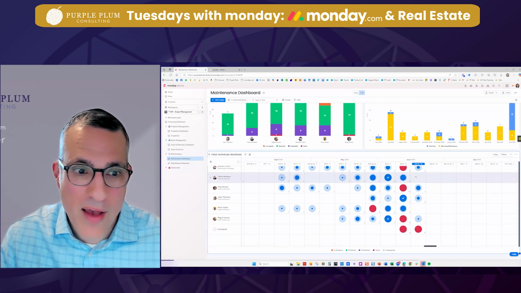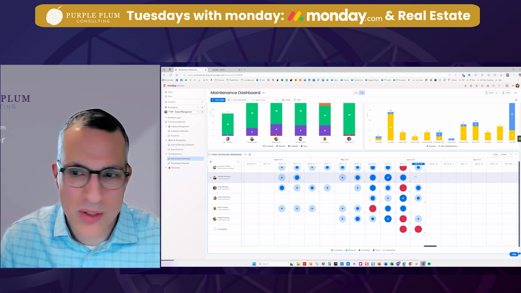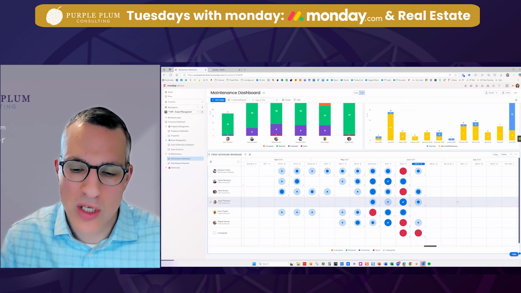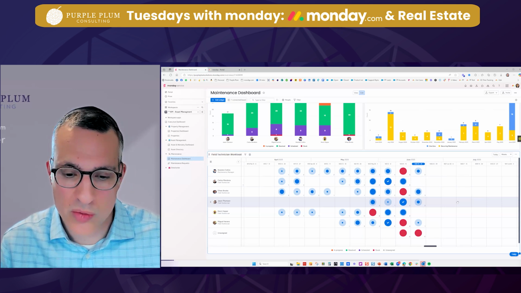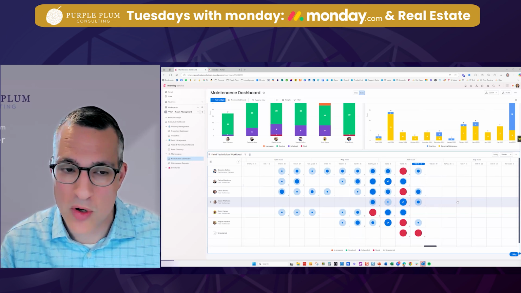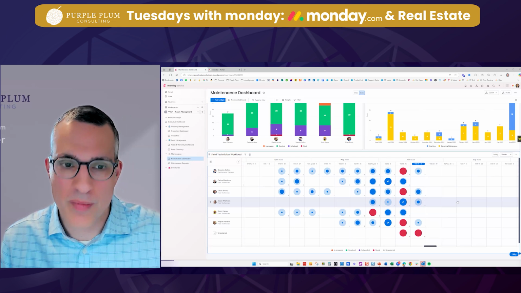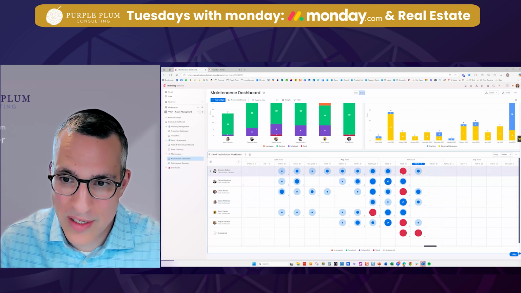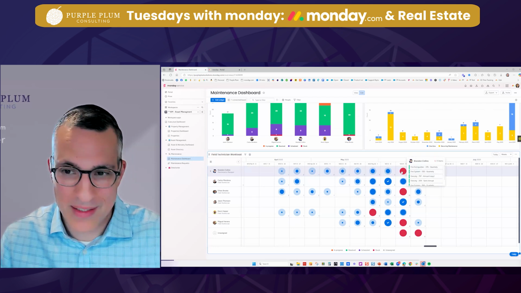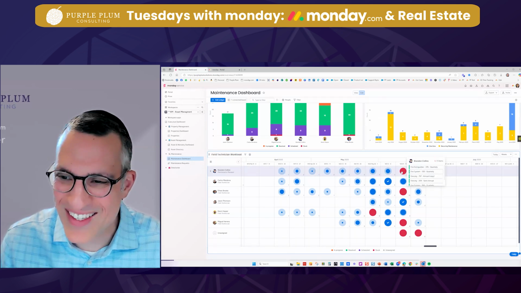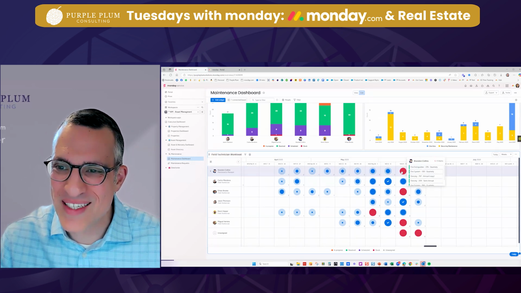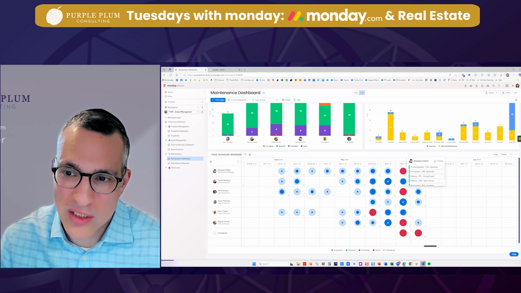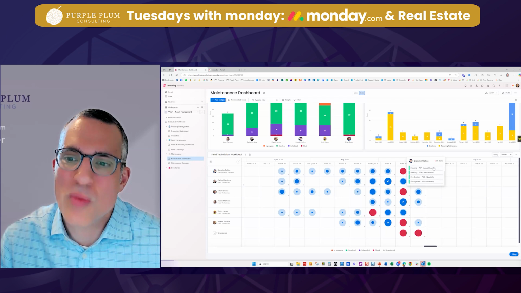And then we have one of my favorite widgets in the Monday world. We call this the workload widget. And this really allows us to manage the capacity of individual technicians, whether it be in hours per week or jobs per week, with the demand of maintenance requests. And so what we see here is we've got a couple of folks that are in, again, red. Red in Monday generally means it's not good. Right? No surprise. So in this case, we see that Brandon, who has a weekly allocation of capacity of 5, he's got 6.